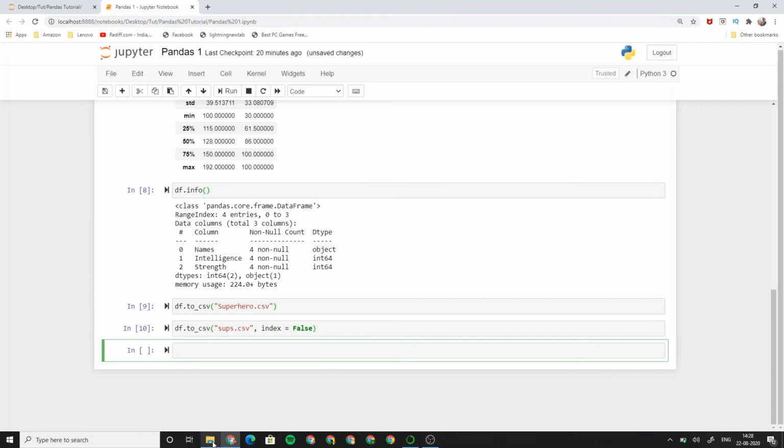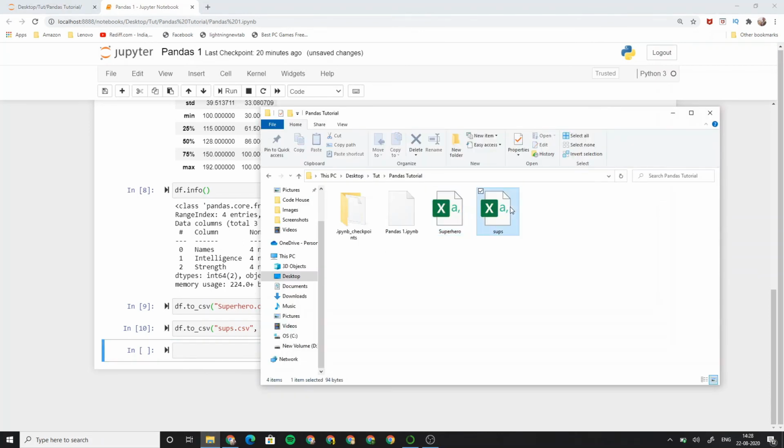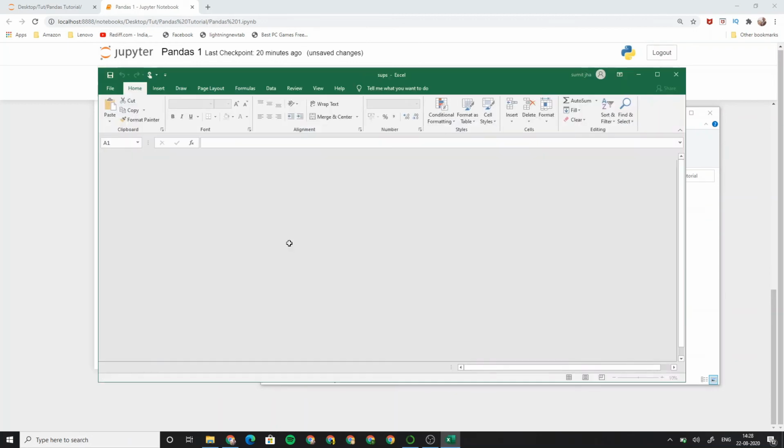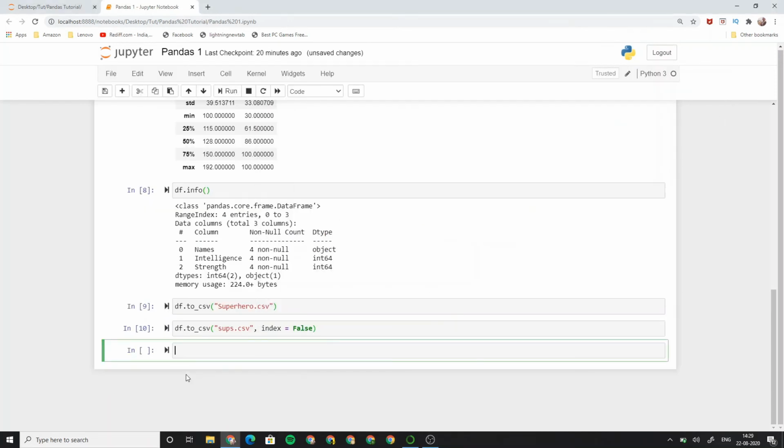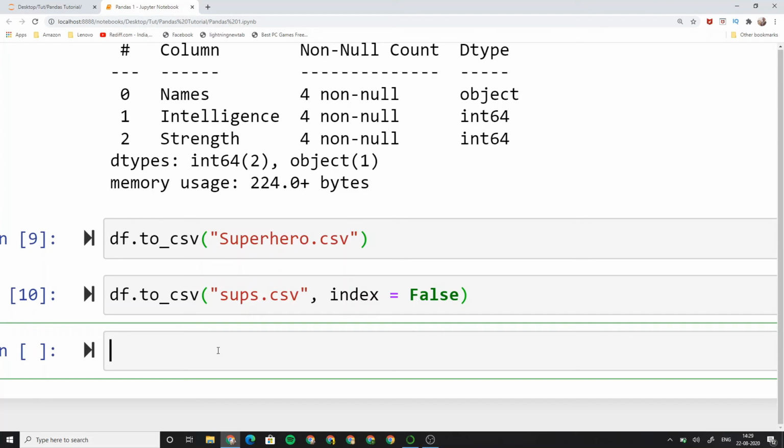Now if I run this again and go to this file, it has created soups for me, and here you can see that this time the index values are not saved in this file. So this is how we save data to a CSV file, but you can export it to not only CSV but other formats too. We will get to that later on.